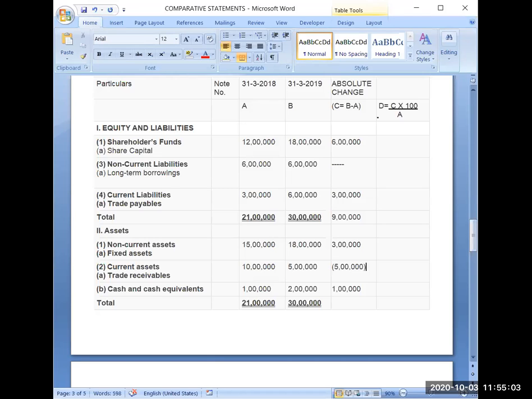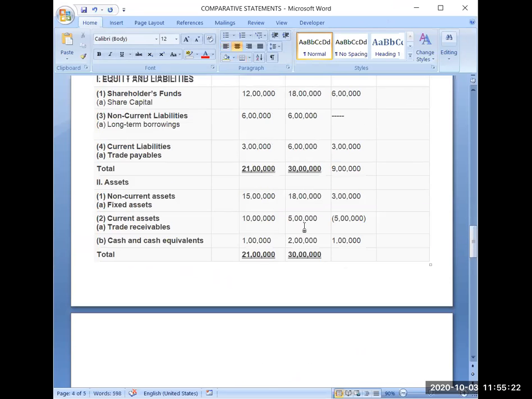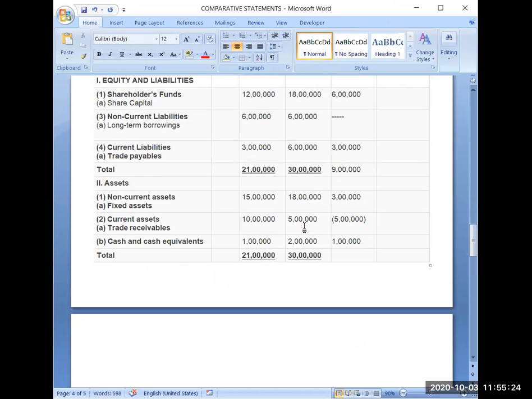And it will be treated as a decrease. You can see earlier your trade receivables were 10 lakh, now it is 5 lakh in the current year. So your trade receivables have decreased by 5 lakh. So that decrease will be represented by a bracket. And we can give a note here after the solution that whatever amounts have been written in brackets are representing negative items. I have given it as an example only so that you will be able to understand how to represent negative amounts or decrease in the values. Because it was positive earlier, that's why I'm removing the brackets now. I hope you have got this point.